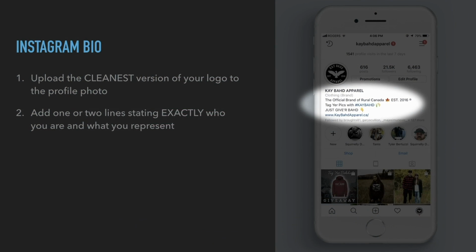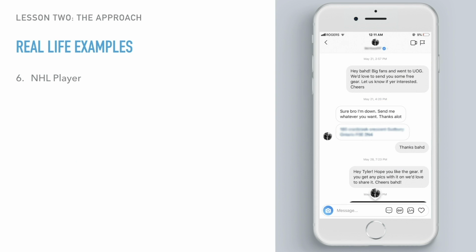Lay back, get relaxed, and just lock in and soak up all this information. When new visitors come to your account, the first thing that they're gonna do is read your bio to find out exactly who you are and what you do. Say you reach 20,000 followers on Instagram and you get some celebrities and influencers, then you'll reach a certain point where you can finally leverage that. Like some of these celebrities, it's just like, sure bro, I'm down. Send me whatever you want, thanks a lot. You can just tell that they don't really wanna be formal about stuff like this.